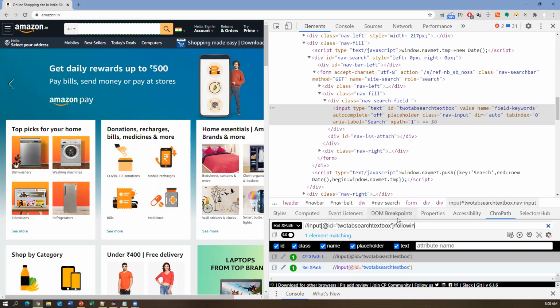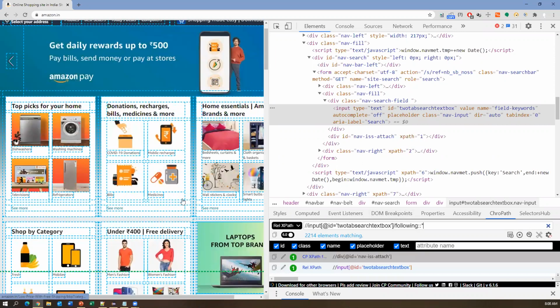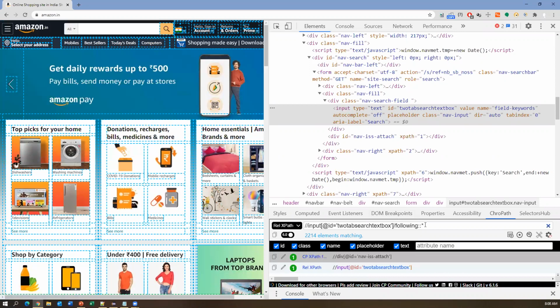Slash following colon colon star. So now observe this. When I say following, it locates almost 2214 elements. So these are all following nodes of this particular search box.